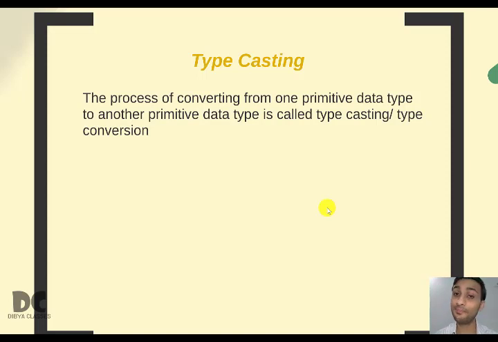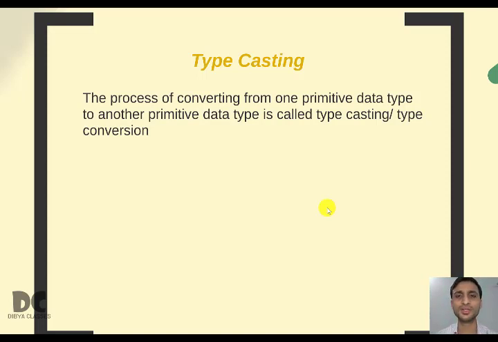But it is from one primitive data type to another primitive data type. This word primitive is very, very important. We have learned that there are 9 data types: int, byte, short, char, string, boolean, float, double, everything, total 9. Out of which only one, string, is a non-primitive data type. So here we are not talking about string. String is out of question. So remaining are 8, and out of these 8, cut boolean also.